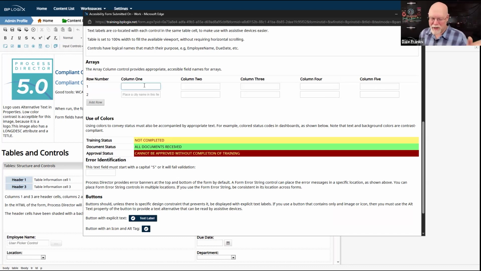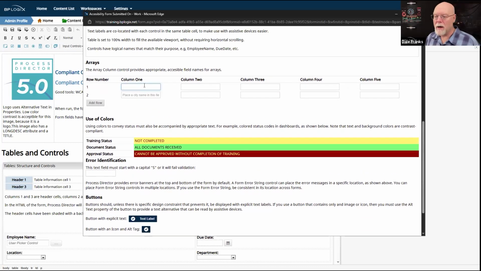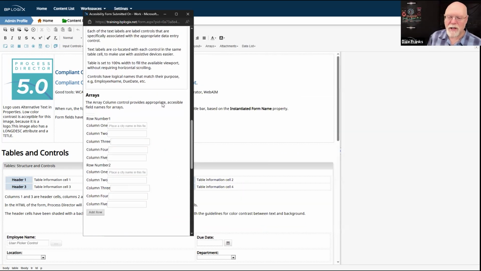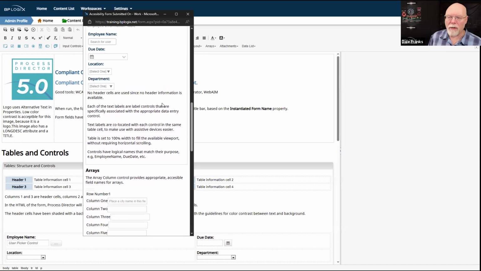We're actually going through the table counting what column they're in so that we know how to do that association. But all of that association happens automatically for arrays as long as you use the array column control. Process Director will know what label to associate with what control whenever we go to a phone-sized viewport for that control.